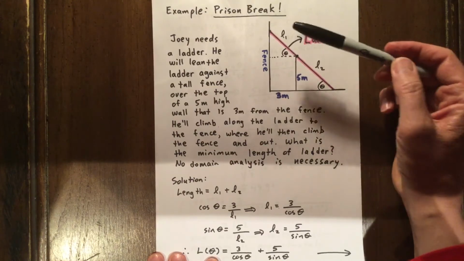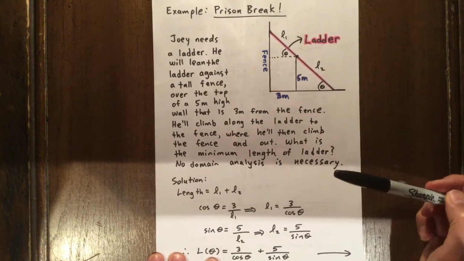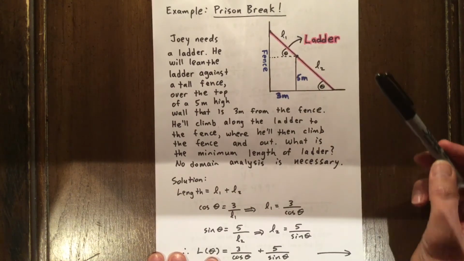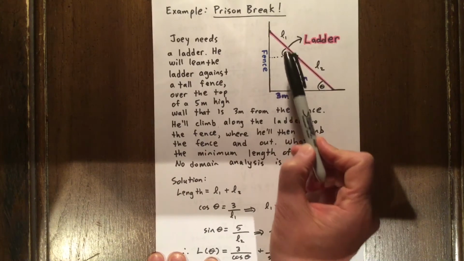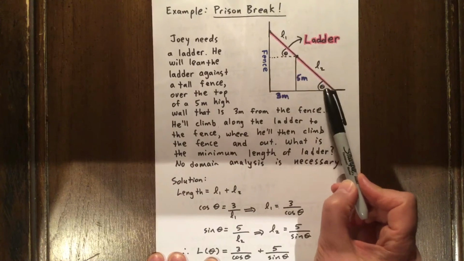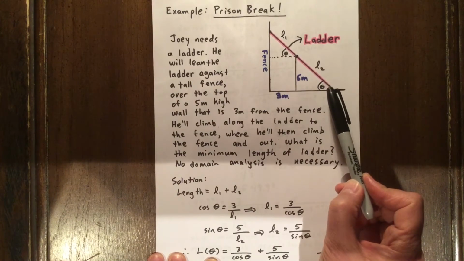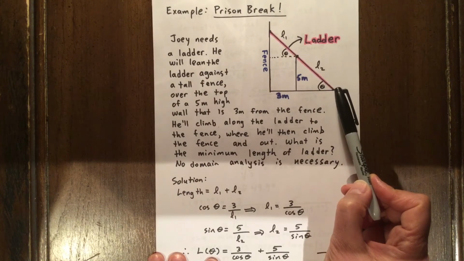We're going to break the ladder up into two pieces, L1 and L2. And we're going to see that if we make an imaginary horizontal line here, the angle made is theta. The ground is a horizontal line, and this angle will also be theta. And we can see that